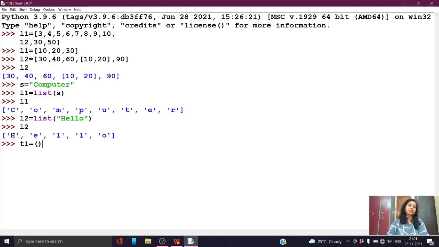Okay, round bracket start, round bracket close, and here I need to just write the elements. Okay, so 10, 20, 30, 40. Suppose 4 elements are there in this tuple variable, that is t1. How could you confirm that this one is the tuple variable? So you can check the type of t1.